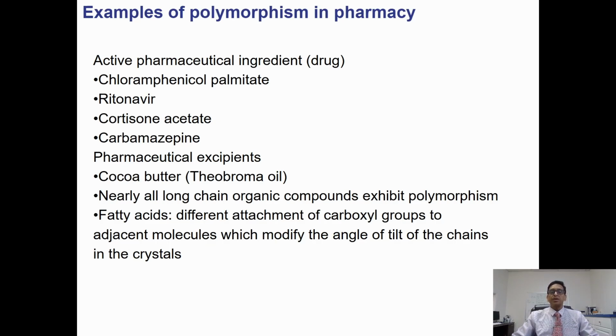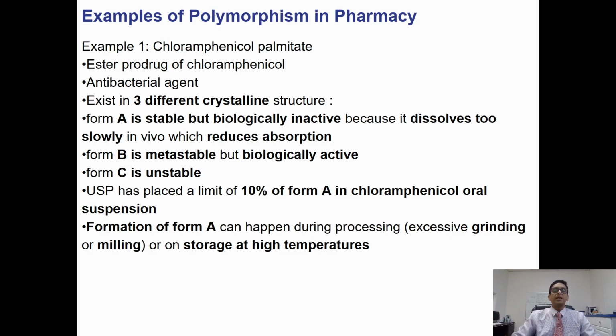Nearly all long chain organic compounds exhibit polymorphism. In fatty acids, different attachment of carboxylic groups to adjacent molecules modifies the angle to tilt the chain, and that causes the polymorphic behavior of the compound or the excipients. A classical example, as I said, is chloramphenicol palmitate, which is an ester prodrug of chloramphenicol,